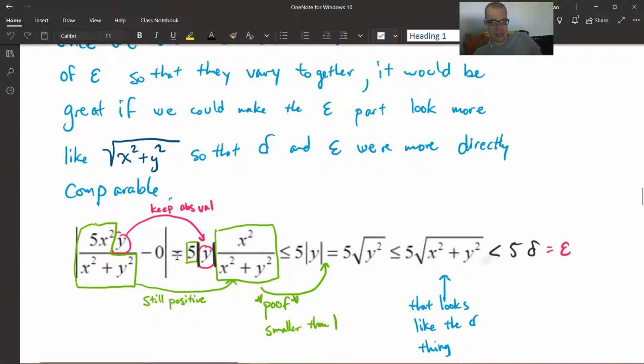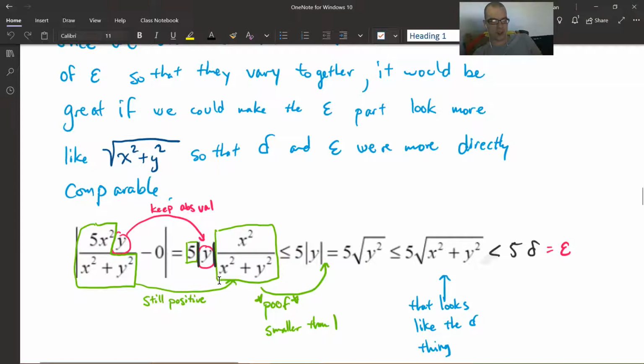And notice this is an equal sign. So nothing has changed as far as the value. But we are going to make a small sacrifice here and do a less than or equal to sign, because what we're comparing is this fraction, x squared over x squared plus y squared, and if you think about that, for any values x and y,